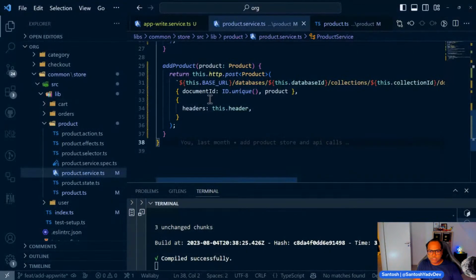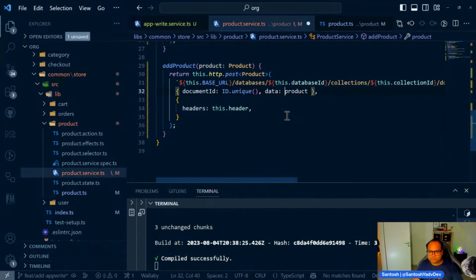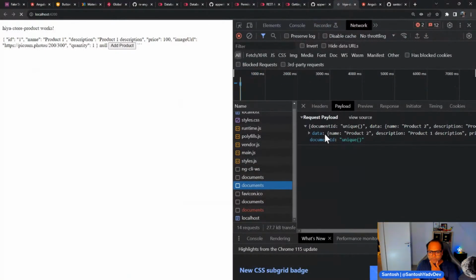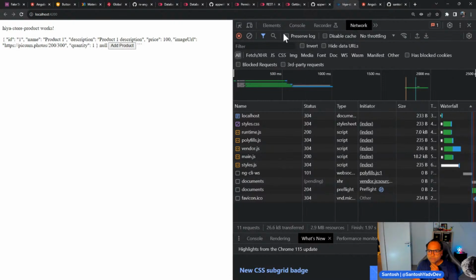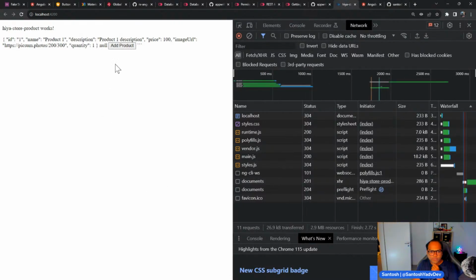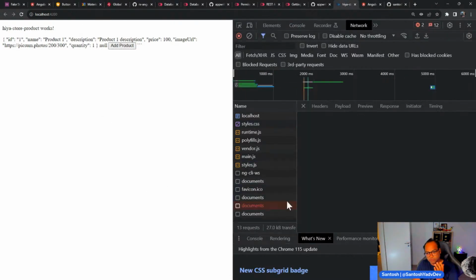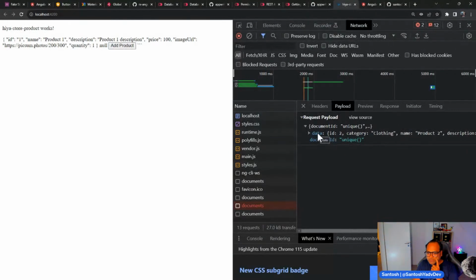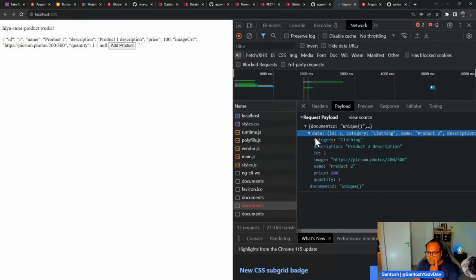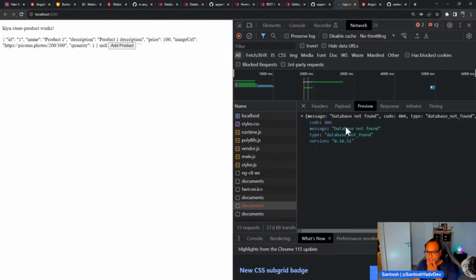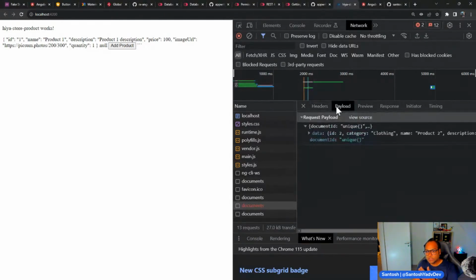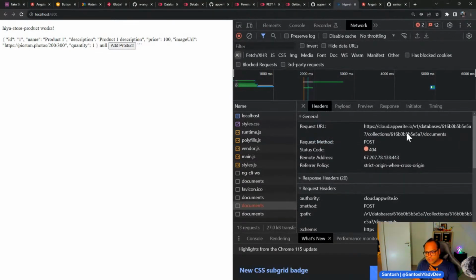So let's change this and we call this data. Save this. And product till 44. So now I think it looks correct to me, data, document ID. I think the error should be something else. So let's see, database not found. Database not found because I think this